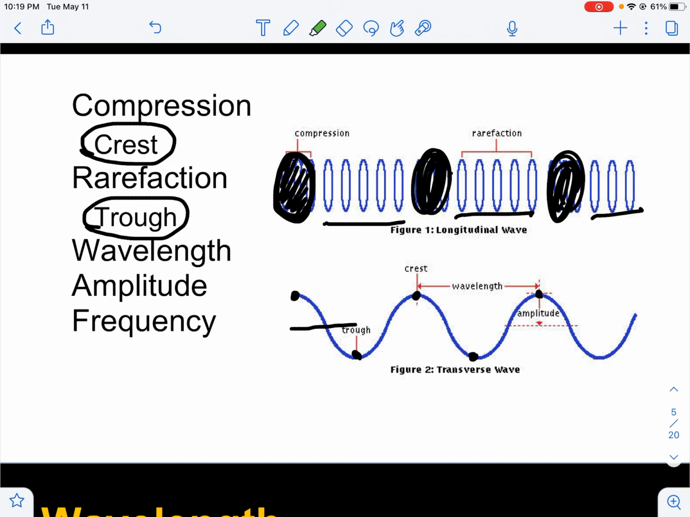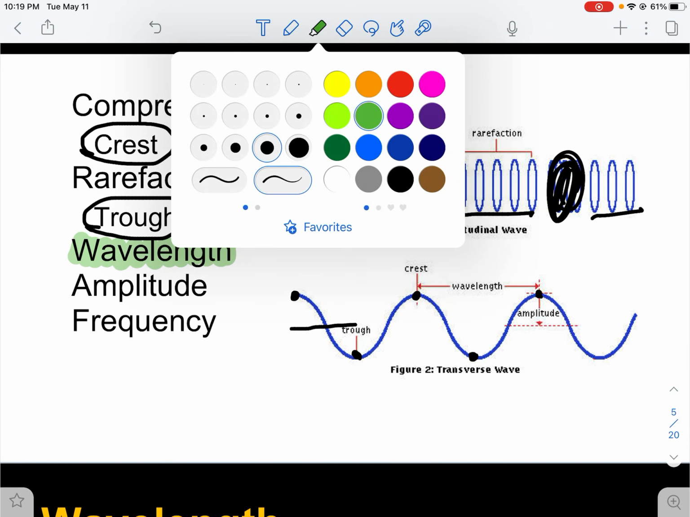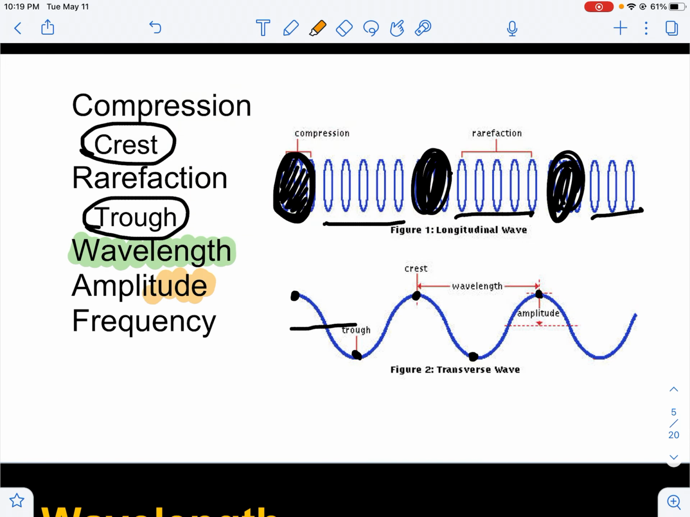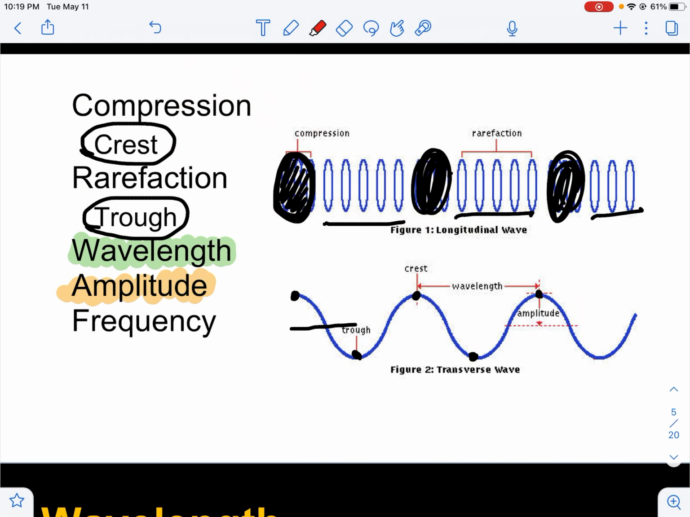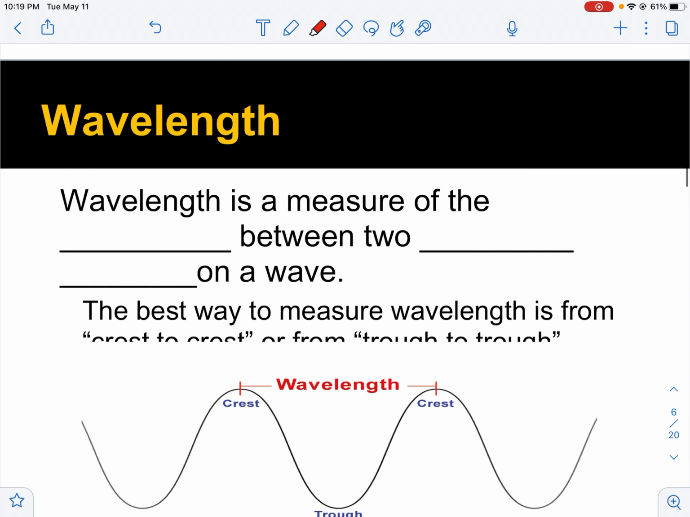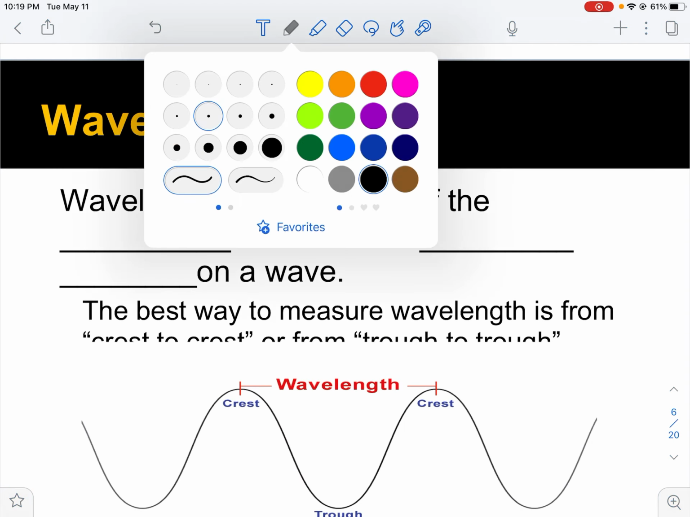And that leads to three different properties of a wave, the only three that we're going to be talking about right now. Those three properties are wavelength, amplitude, and frequency. Wavelength, amplitude, and frequency. And we're going to break those down one by one for each of them. All right? Wavelength is the